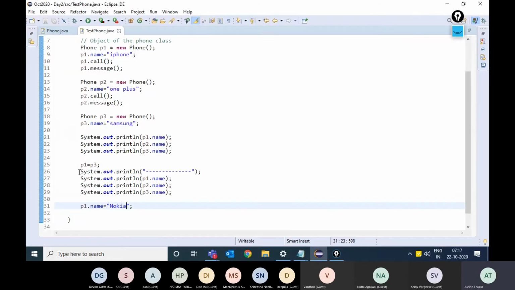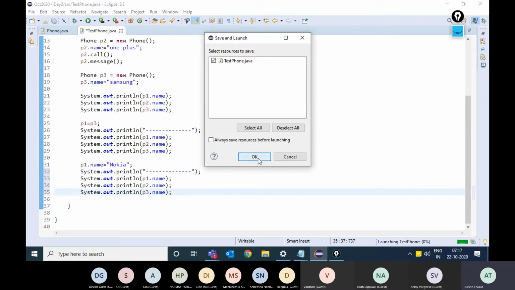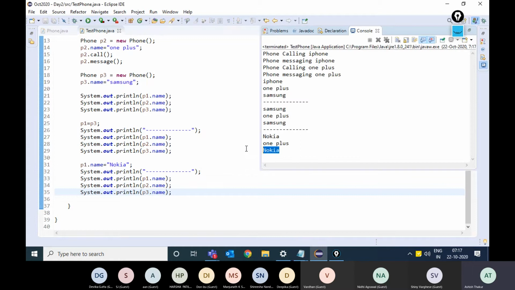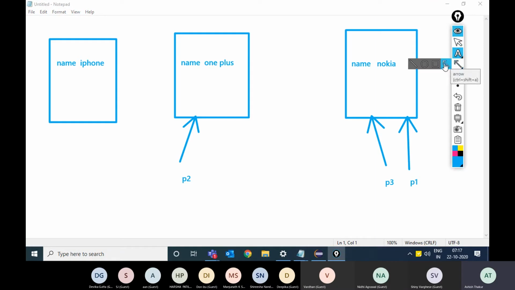Okay, if I print the name again and if I run this, you see, okay, right. This object over here, this object has got no reference.